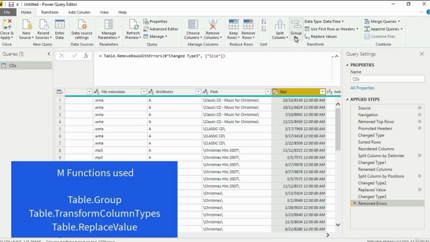So in this video, we had a look at group by, how to replace your existing table with an analysis. Again, not generally recommended in the Power Query editor, though we will be seeing an instance of how we can use it later on. We also saw how you can replace data types and how you can replace